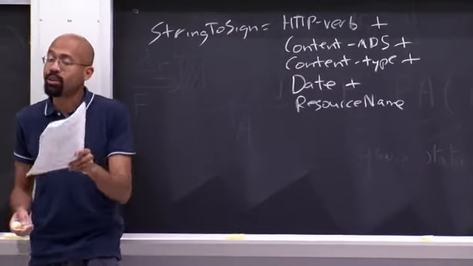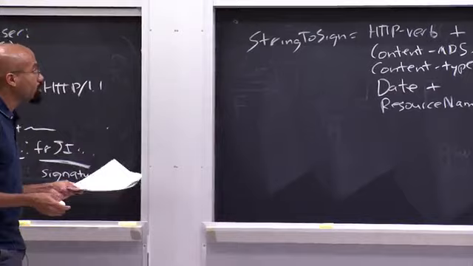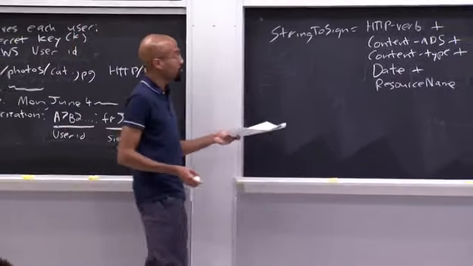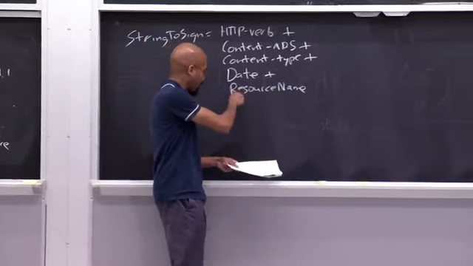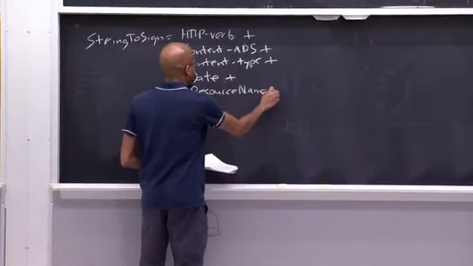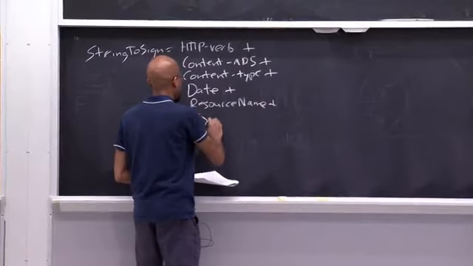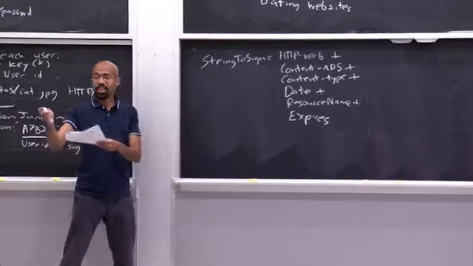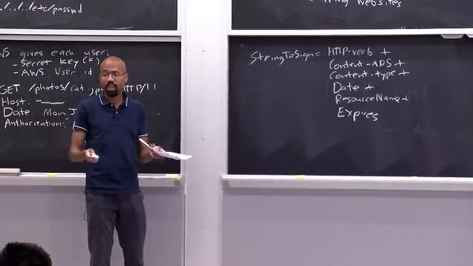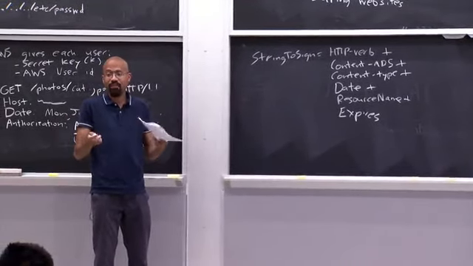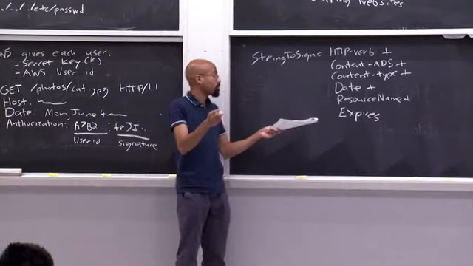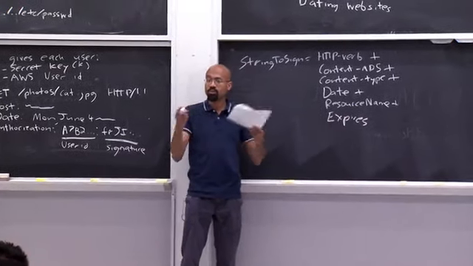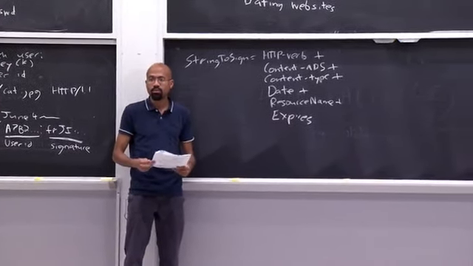Now, one thing that AWS actually does is you can include an expiration date in these things. So one thing you can do is add an expires field, and essentially have that thing be signed. Then I can hand that reference to a bunch of different people, kind of like I was saying in response to his question. It acts as a capability, but the server can then check that expiration date when it actually sees it. But even if the expiration date is like 200 milliseconds in the future or something,